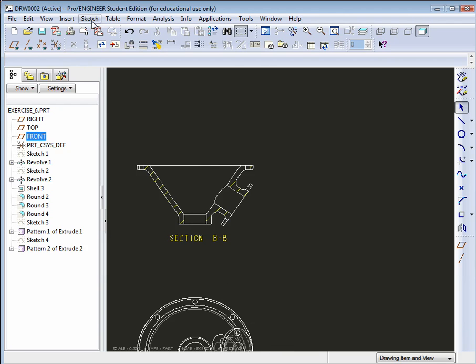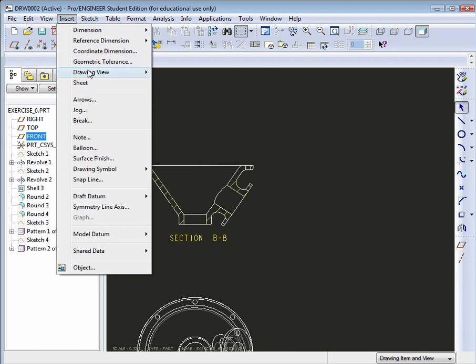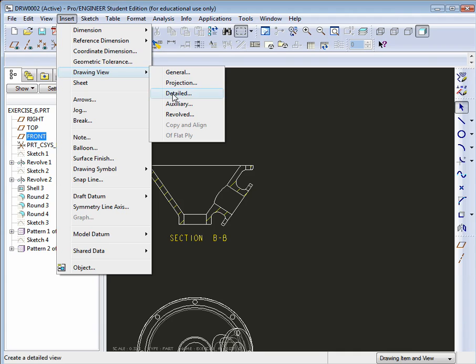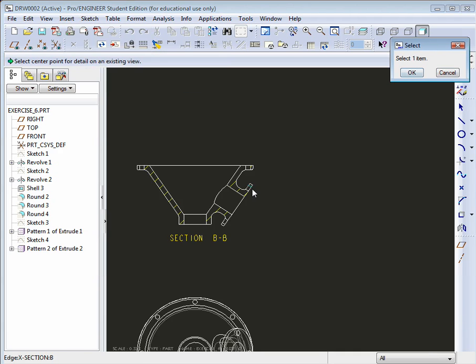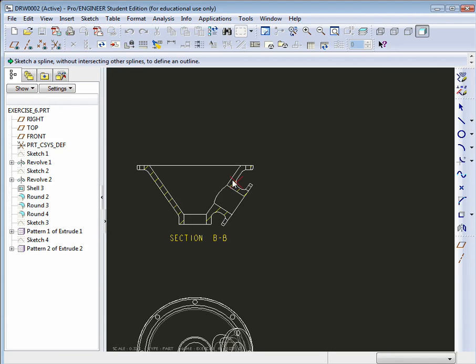A detail view, again, we go to Insert, Drawing View, Detailed. You'll get the selection option that appears. Click somewhere on the model that you want to show a detail view in the vicinity where a center point basically would exist. So right about here I want to capture a detail view, so I'll click and I'll get a little red X. Now it even says up here, select the spline, and without intersecting the spline, go ahead and draw one. So we'll just click and kind of eyeball a surrounding area,